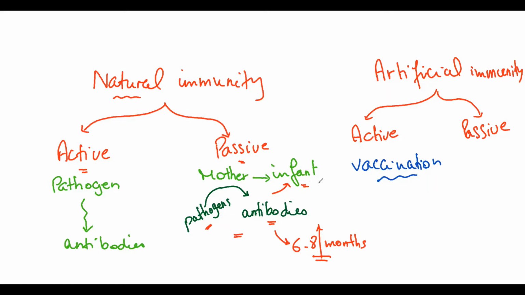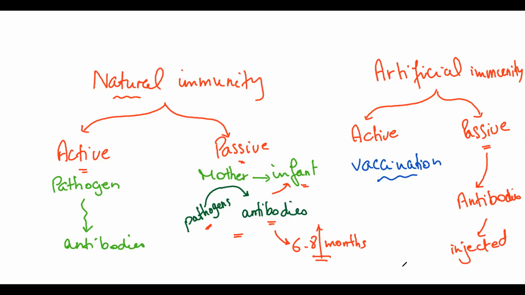Now, about the passive artificial, it means that we take antibodies already made in any organism, and it's not a must to be a human. We take already formed antibodies and they are injected. But when do we use this passive artificial immunity? For example, if there is a certain disease